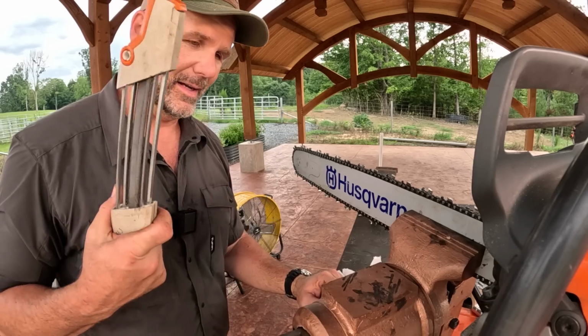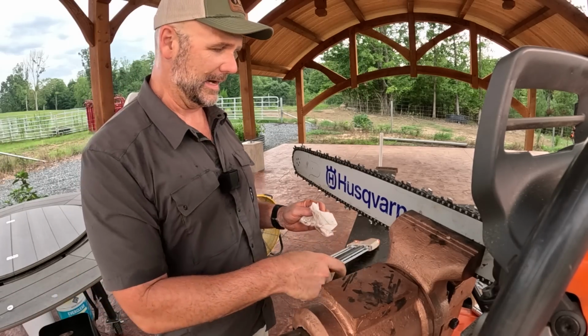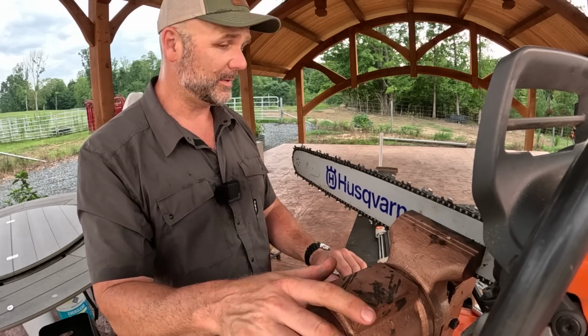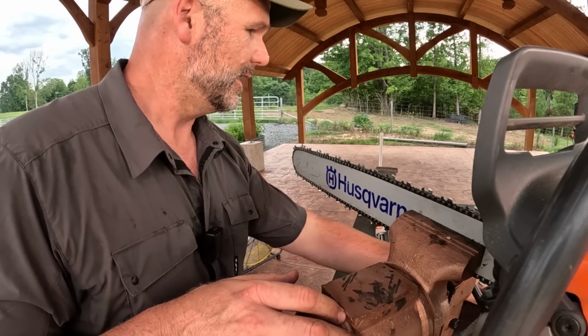Now I've given one to my dad. To everybody that I know that owns a chainsaw, I've recommended this. This is a super handy tool, guys, especially in the woods when you hit something like a rock or something like that and you gotta sharpen it really quickly. 5 minutes per saw. Now, we're gonna take the Husky down and we're gonna go ahead and get into some